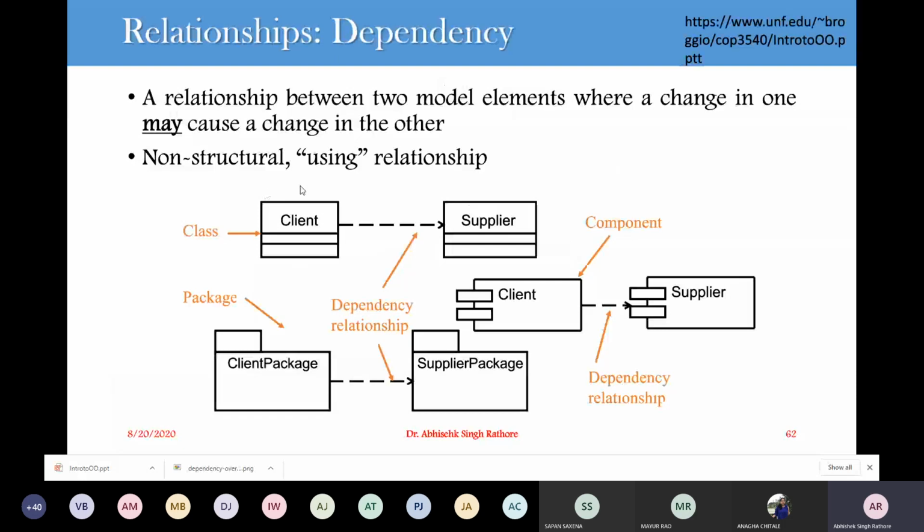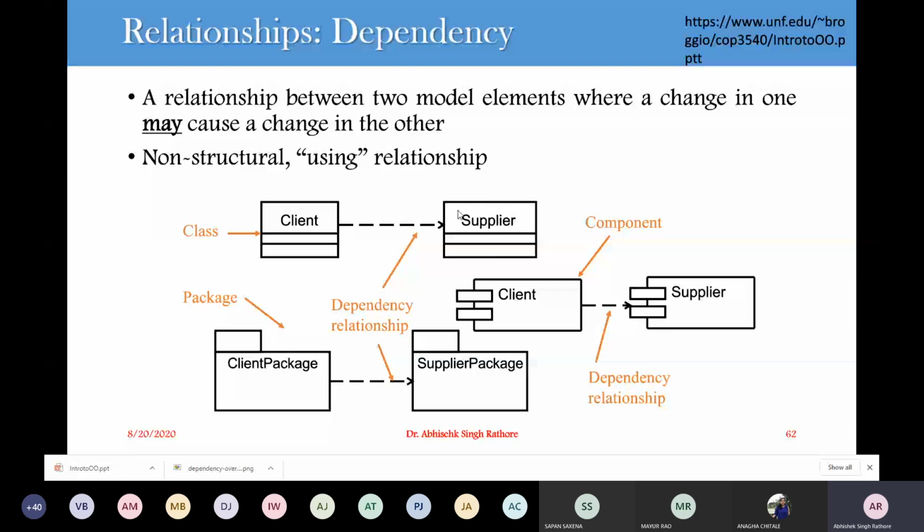So in case of usage relationship, this one element requires another element for its full implementation or operation. The usage dependency does not specify how the client uses the supplier, other than the fact that the supplier is used by the definition or the implementation of the client. For example, we can say that some methods from the client class use the objects of another class, like the class of the supplier.